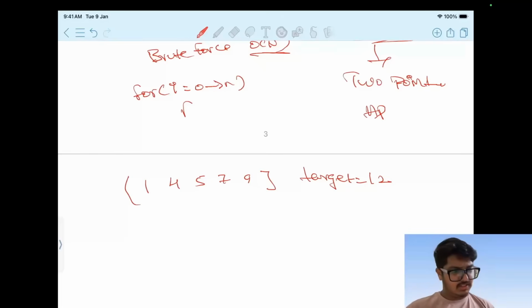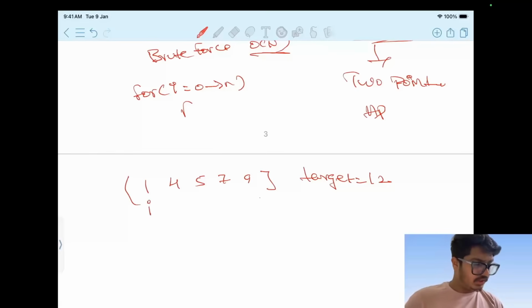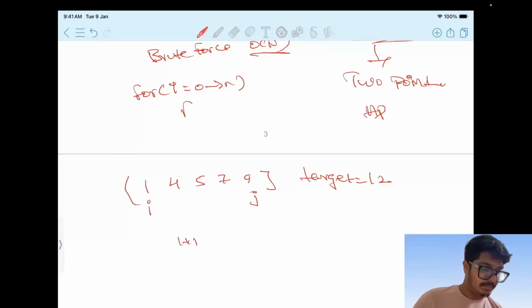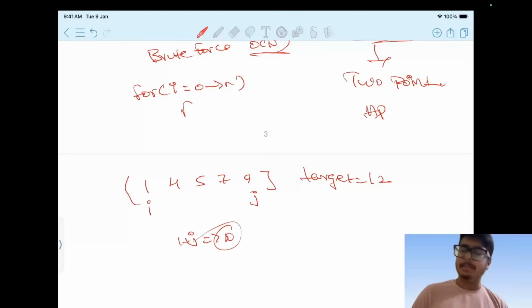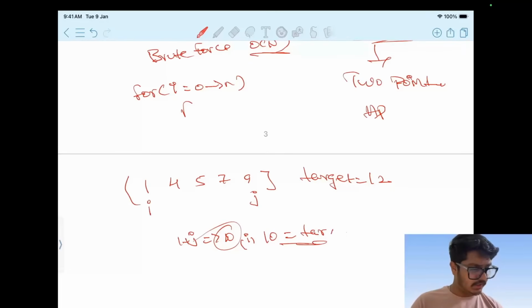The thing is very simple. Put an i pointer over here and a j pointer over here. We'll calculate the sum first, that is i plus j, the corresponding elements. It is 10. I will compare, is my 10 equal to target? Case number 1, if my 10 is equal to target, the sum is equal to target, then return i and